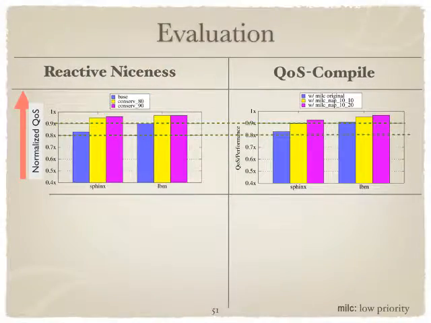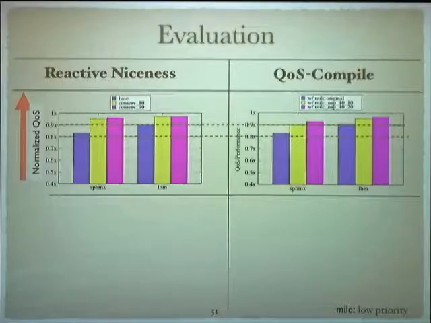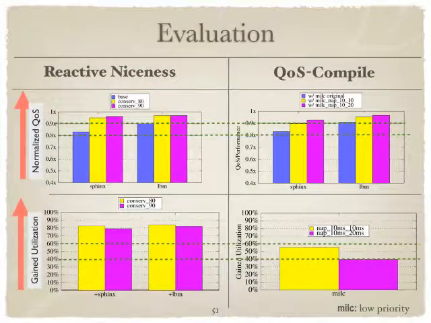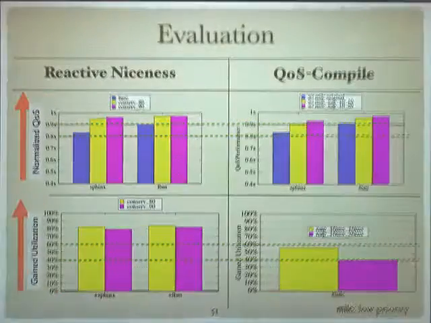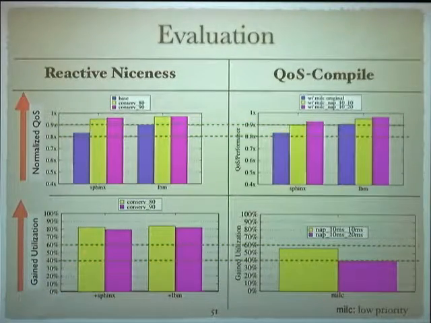All right, so let's take a look at the evaluation. This is comparing our reactive niceness to QoS-Compile. Again, two high priority applications running with original low priority and running with the reactive niceness, and this is running with the QoS. And you can see those two performances are really similar. However, when you compare the utilization, we achieve much, much higher than the QoS-Compile. This is because we are dynamically figuring out how much utilization we could get for the